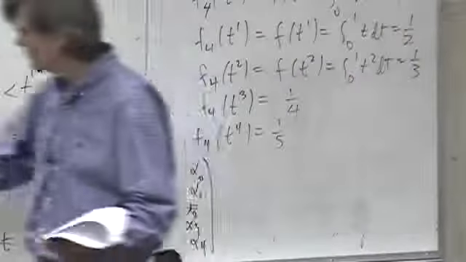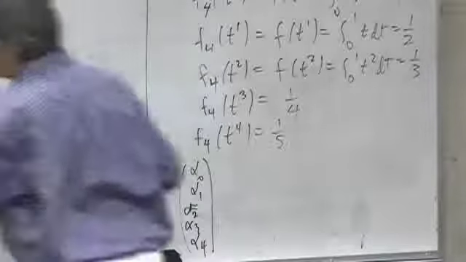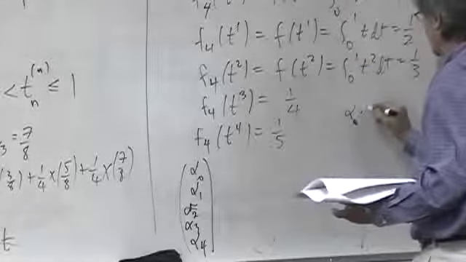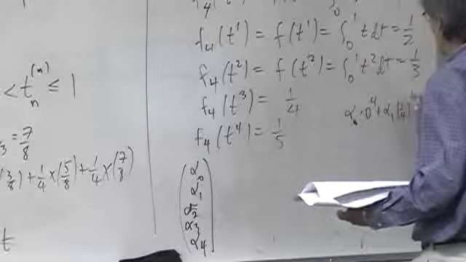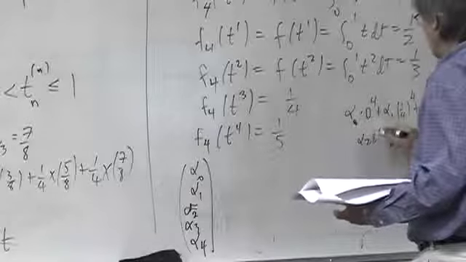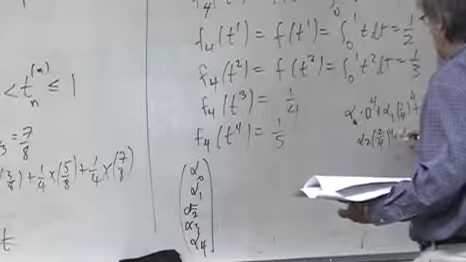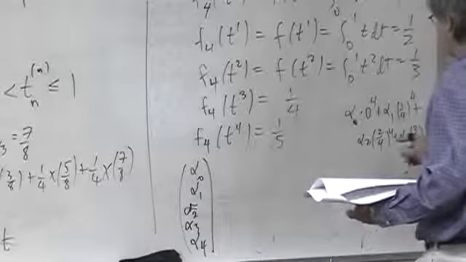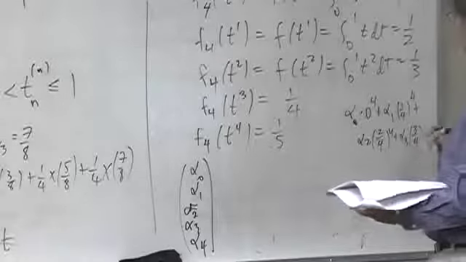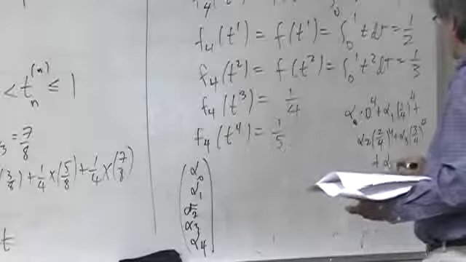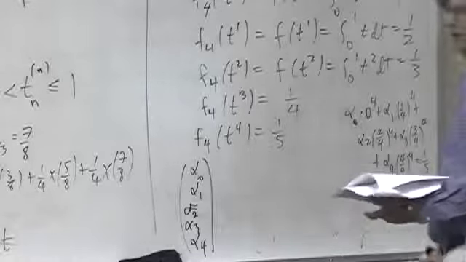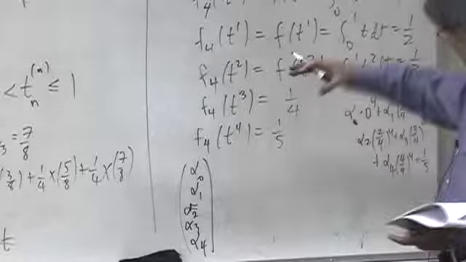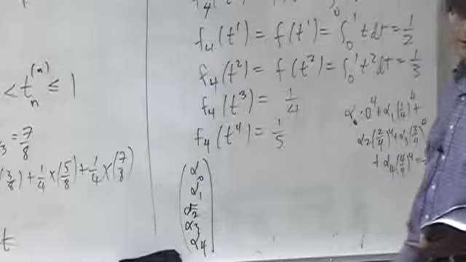You actually have to compute. Let's say for the 5th one, what are you saying? Alpha 0 times 0 to the 4th plus alpha 1 times 1/4 to the 4th plus alpha 2 times 2/4 to the 4th plus alpha 3 times 3/4 to the 4th, because these are the heights of the t to the 4th curve, plus alpha 4 times 4/4 to the 4th. That should equal a 5th for my alphas. That's one equation, but there are also 4 others.